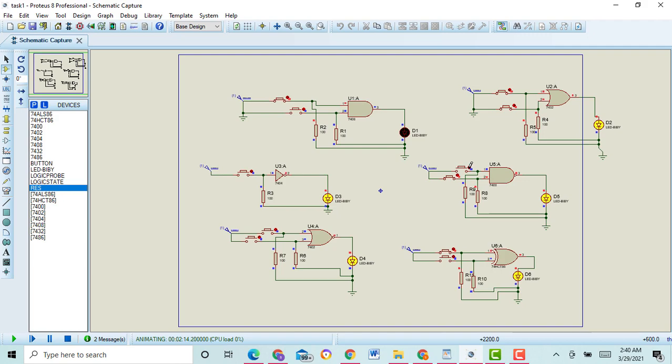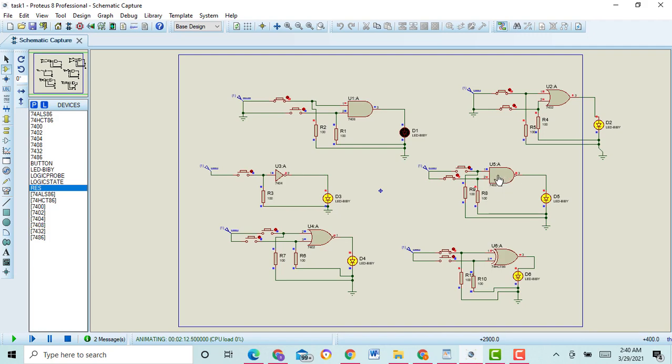When we give both inputs 0, then the output will be 1. When we give at least one input 0 to the NAND gate, then the output will also be 1. When we give both inputs 1 to the NAND gate, then the output will be 0. According to this truth table, I will verify it in front of you using the NAND gate circuit, and you just need to follow. You can follow my cursor.